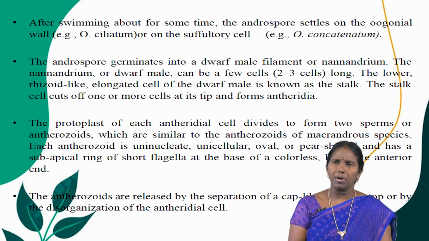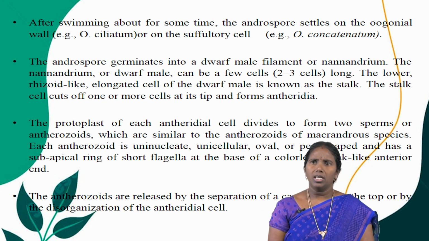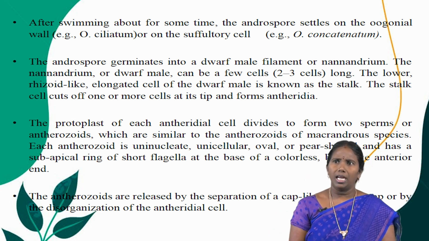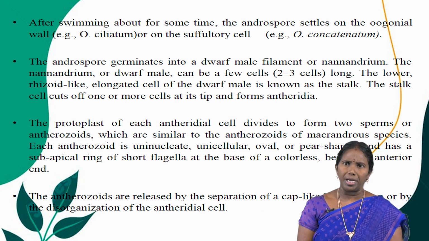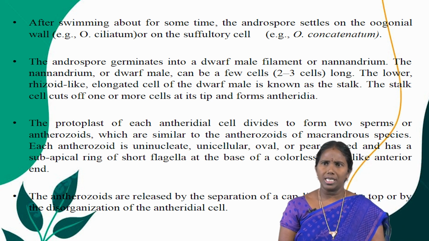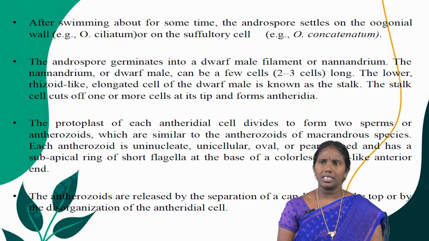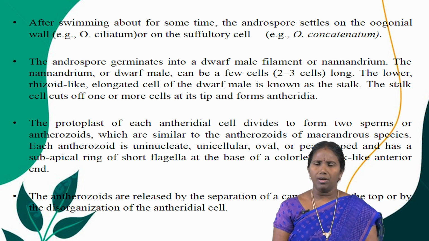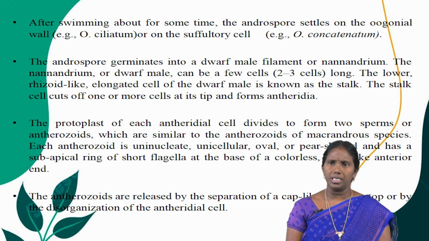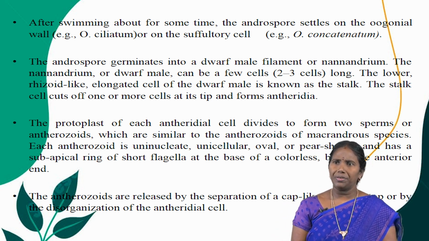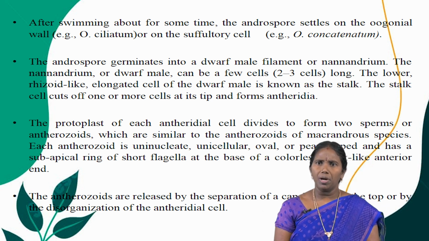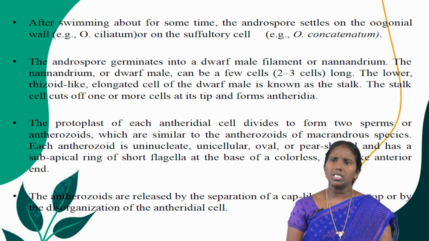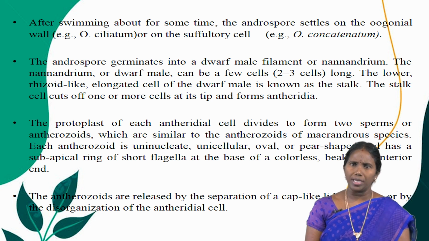The nannandrium or dwarf male can be a few cells long. The lower rhizoid-like elongated cell of a dwarf male is known as the stalk. The stalk cell cuts off one or more cells. It is stiff and forms antheridia. The protoplast of each antheridium cell divides to form two sperms or antherozoids, which are similar to the antherozoids of